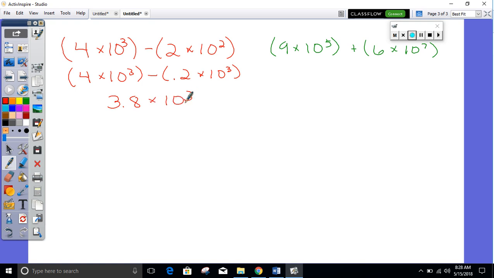Okay, good. Did anyone do it a different way? No? Everybody did it the exact same way? Okay, good. That's fine. You could also have done 40 times 10 to the second. That would have been more work because you would have had to change it at the end. Dakota, are you volunteering for the next one? I changed the first one to 0.09 times 10 to the 7 plus 6 times 10 to the 7,